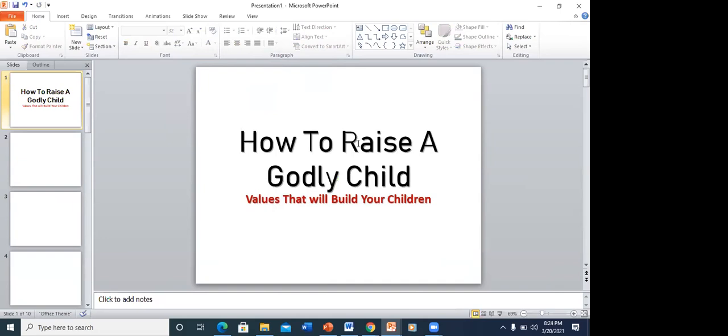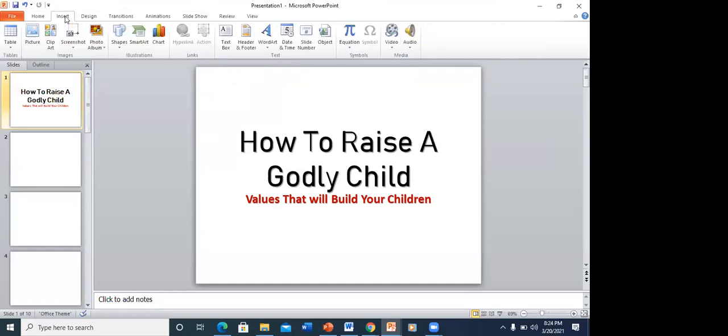Now, I've done the first, but I want to add a picture to my beautiful slide. I want this slide to look beautiful. There are very, very many ways I can do it. First way I can do is go to the top bar, where you have home, insert, design, transition, animation, and click on insert. And I can click on picture.